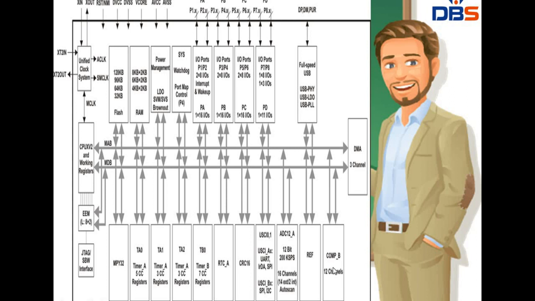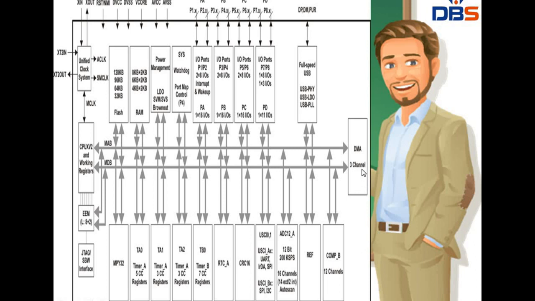So each and every block here is performing its own operation. Suppose one is initiating a reference voltage, and another one is converting the given analog signal to a digital signal, and UART, universal asynchronous receiver transmitter, and like this each and everything. For performing all these timing operations, they are providing timer signals. So each and every component here is interlinked with each other in order to perform the task very effectively.